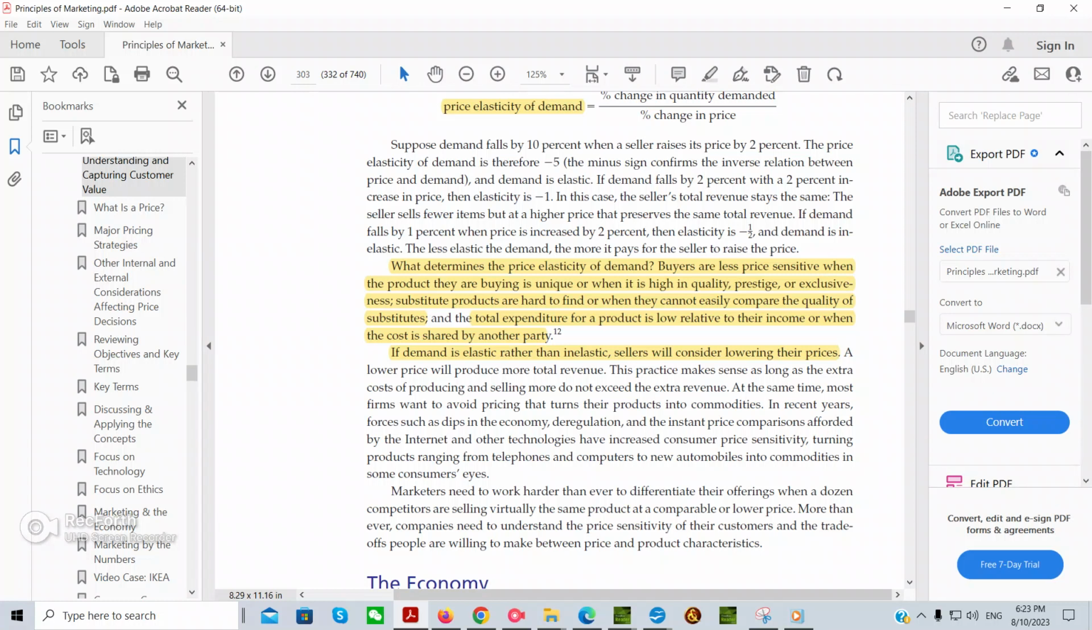Practice makes sense as long as the extra costs of producing and selling do not exceed the extra revenue. Right? So it's just like that analogy they talked about, when you produce more, you produce more profit. Why? Because you're more efficient. Well, from an economic standpoint,